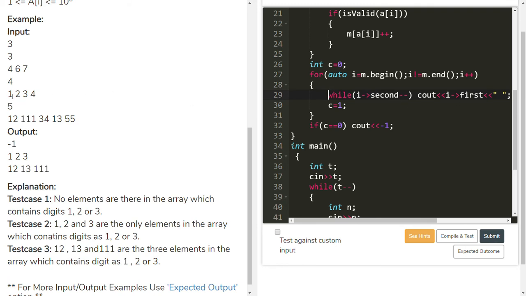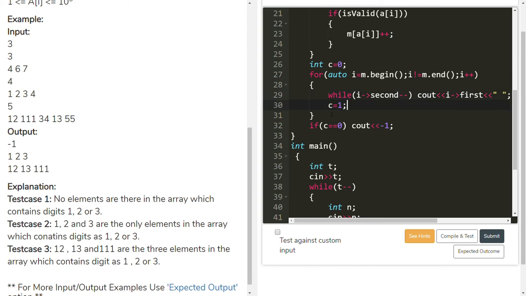So in this way, in the map there are the elements 1, 2, 3, and their occurrence value is 1. The while loop only executes once because the occurrence value is 1, and after that it becomes 0. So the output is 1, 2, 3. And the c value becomes 1 because elements entered into the map.